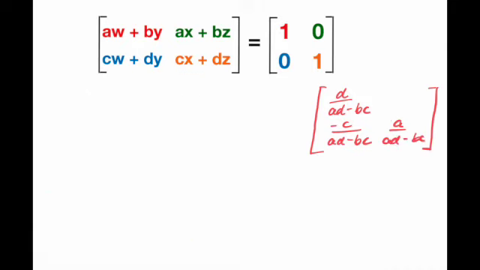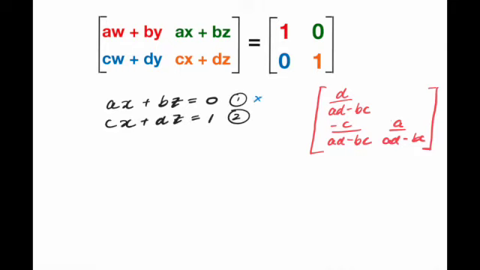Now we'll use the same equations as we've just done in that previous entry, but this time to find the missing entry for X. So our first equation is AX plus BZ is equal to 0, and then CX plus DZ is equal to 1. And we'll multiply both equations this time by D and B respectively, and we'll do that to try and eliminate the Z. So our two equations become ADX plus BDZ is equal to 0, and BCX plus BDZ is equal